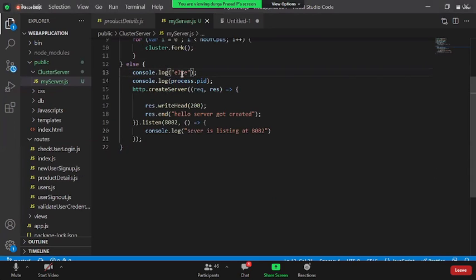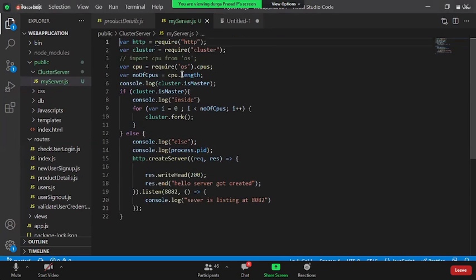Okay, when I'm saying cluster.fork, why is it not working here? Cluster.fork, for I equal to 0, I less than number of CPUs, I plus plus. This is fine, right?